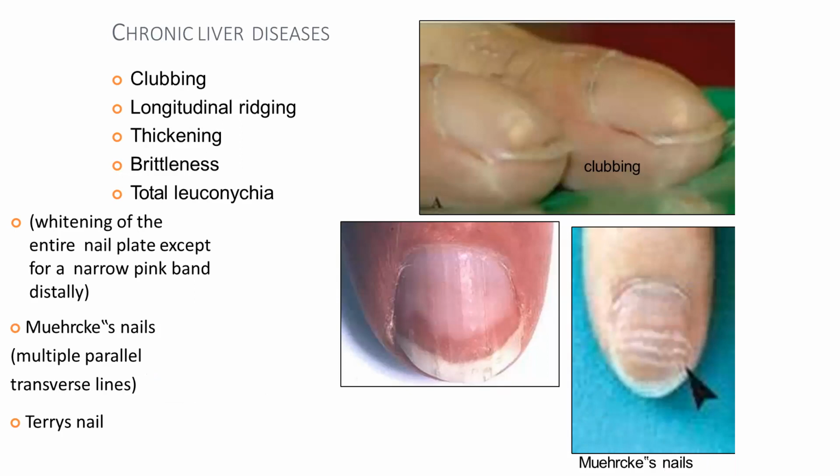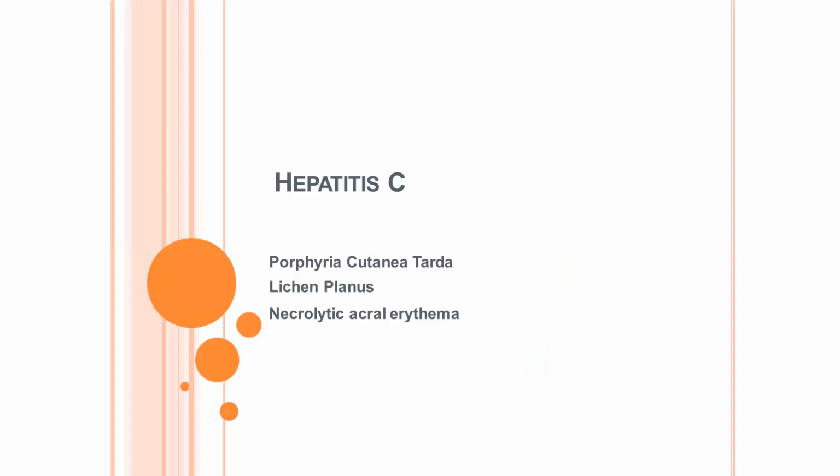Total leukonychia, whitening of the entire nail plate except for a narrow band present distally. Muehrcke's lines, in which there are multiple parallel transverse lines, and Terry's lines. Then hepatitis C. The cutaneous manifestations of hepatitis C are three: porphyria cutanea tarda, lichen planus, and necrolytic acral